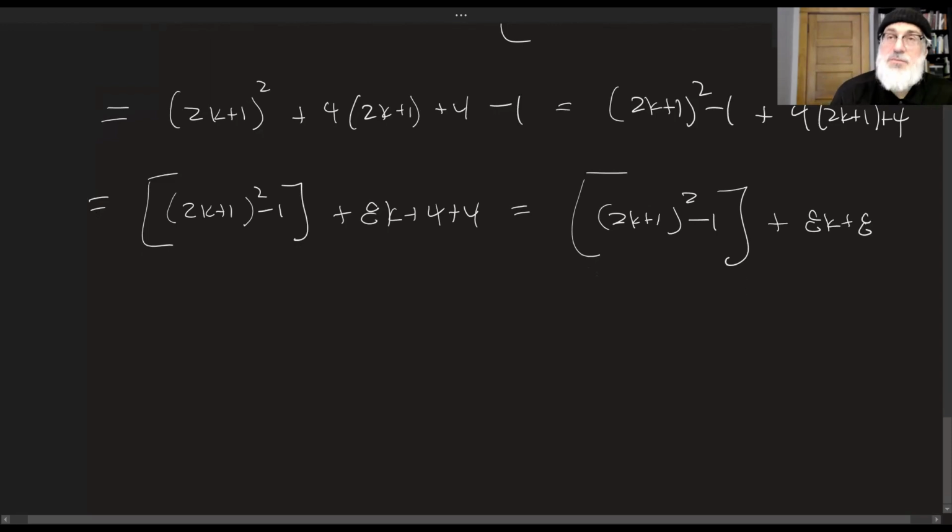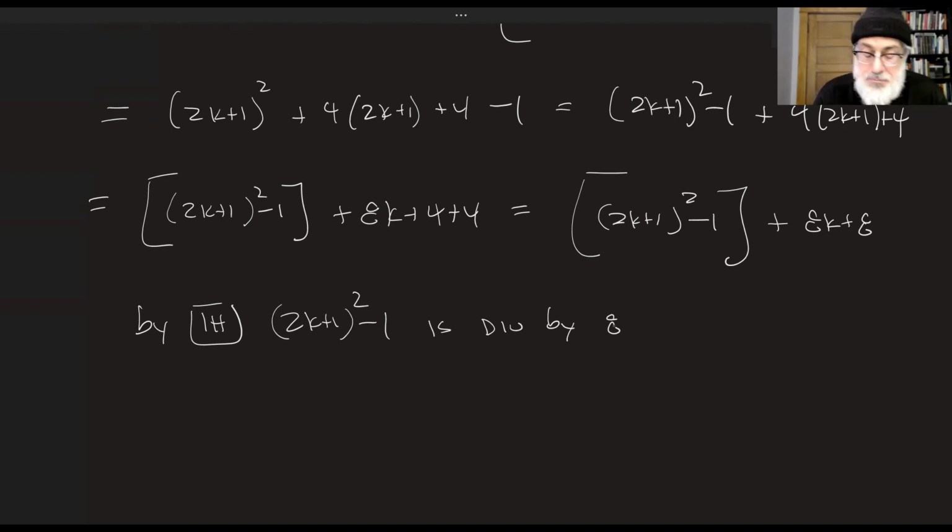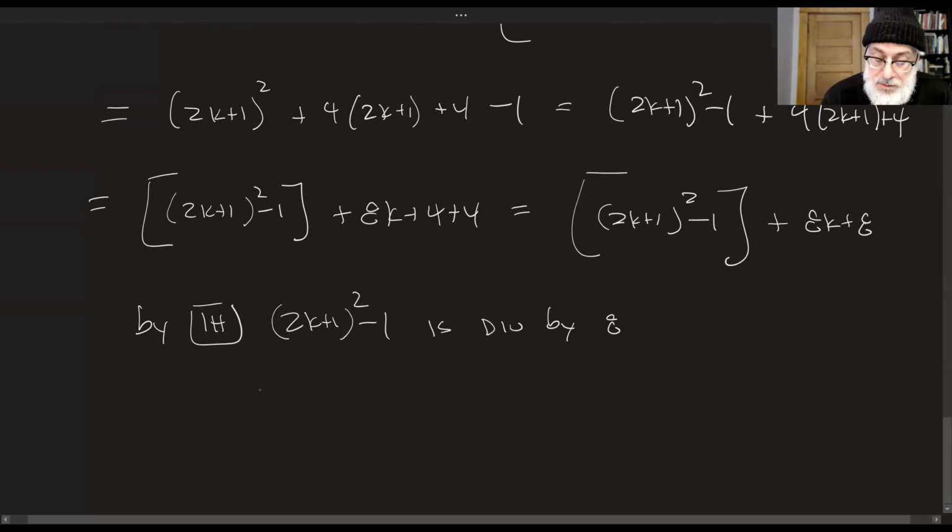Now I'm going to look at this first term, because by IH, the induction hypothesis, we said that 2k plus 1 squared minus 1 is divisible by 8. That means we can write 2k plus 1 squared minus 1 as a multiple of 8. So let's do that. So that means that 2k plus 1 squared minus 1 is equal to 8